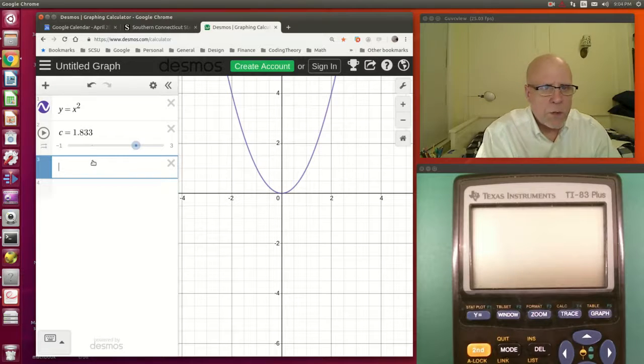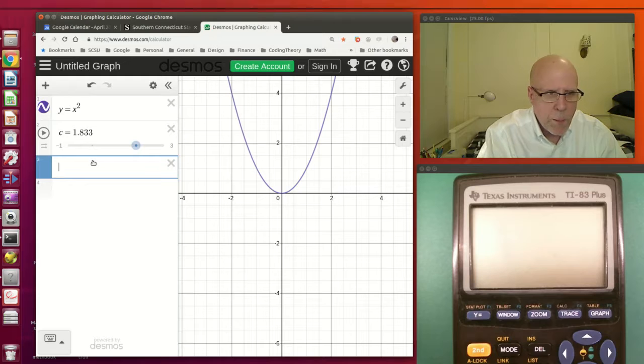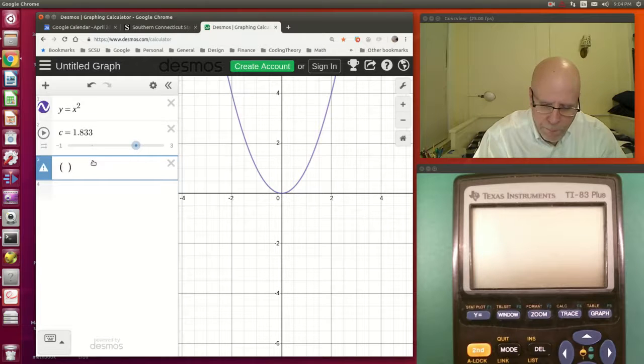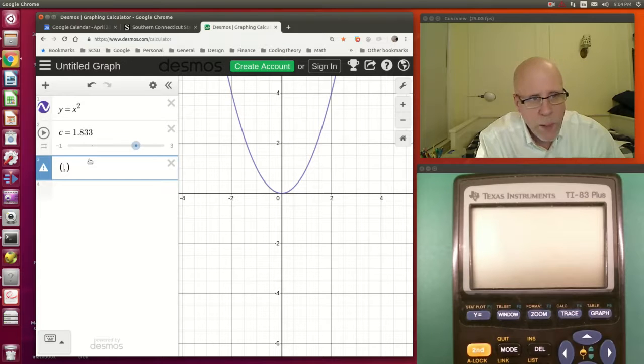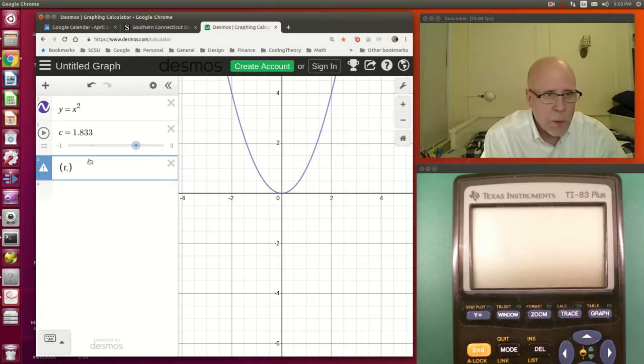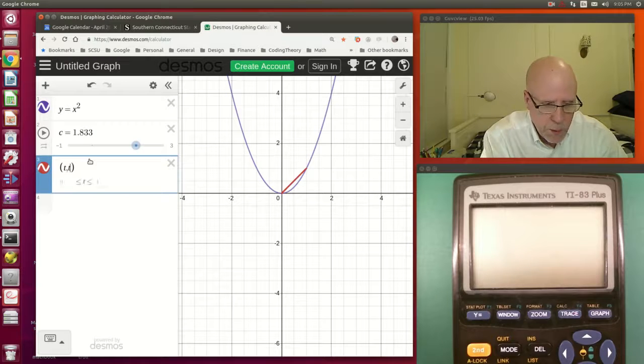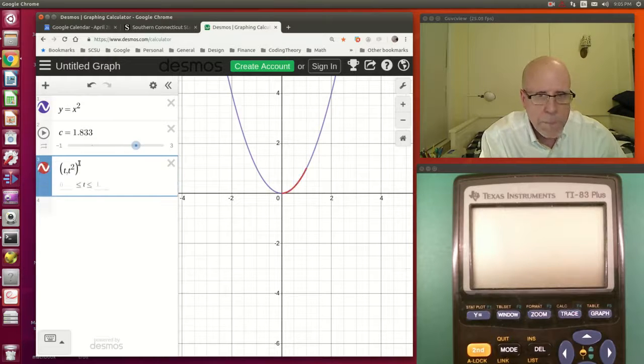Now let's just draw it. I'm going to make a point, and the x-coordinate of that point will simply be the parameter t, and the y-coordinate of the point will be the same function of the x-coordinate that we were trying to draw. So this would be just t to the second power. And we've solved the part of it from 0 to 1. I can run the parameter from minus 3 to 3,